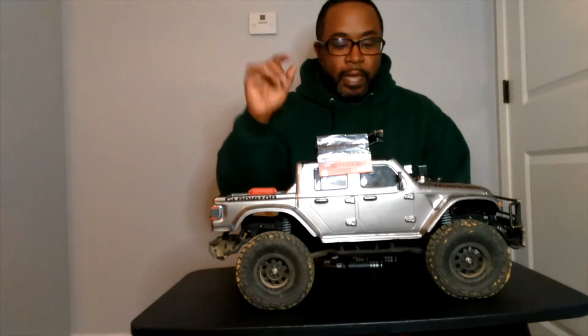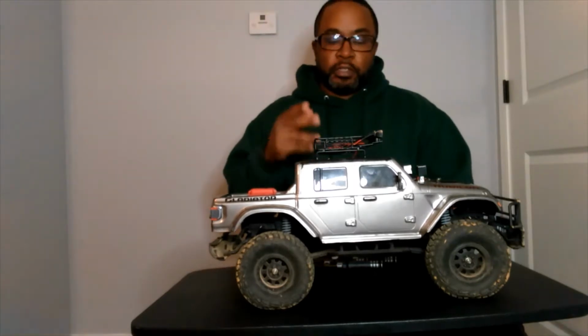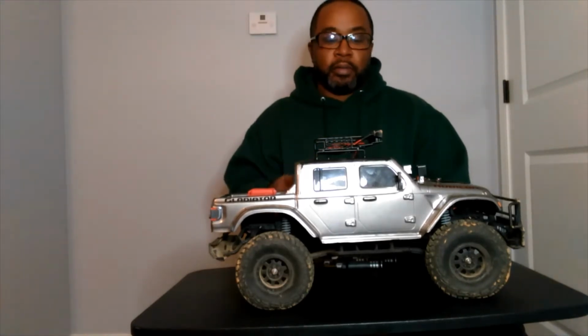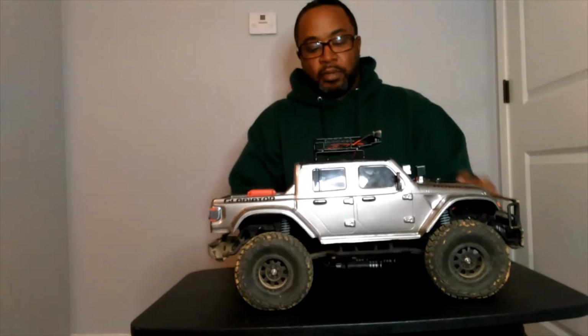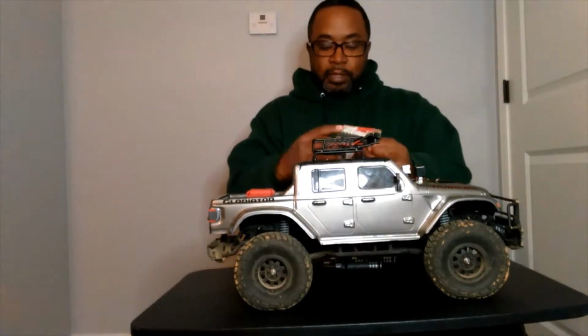Wrenching on the HG-P402 crawler. It has a 2-speed transmission in it, but you have to manually switch back from low and high gear, and so that means you would always have to take the body off, or if you can stick your finger in there and just click it over, you have to do that. So I got this little kit here,